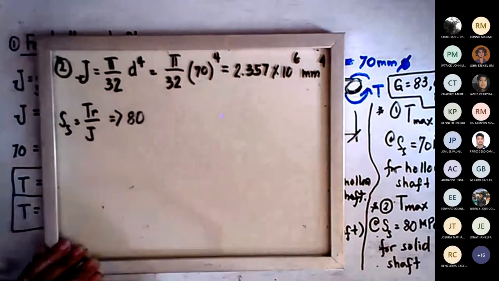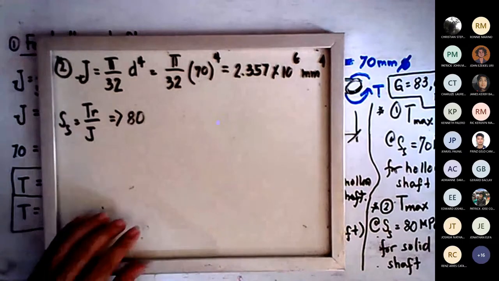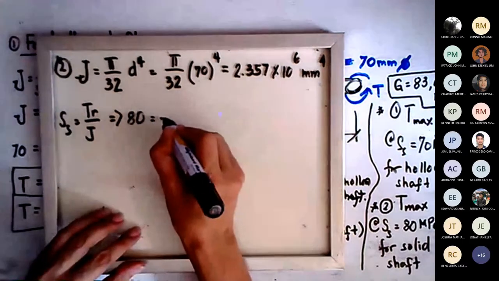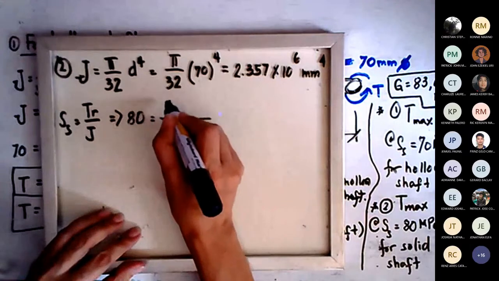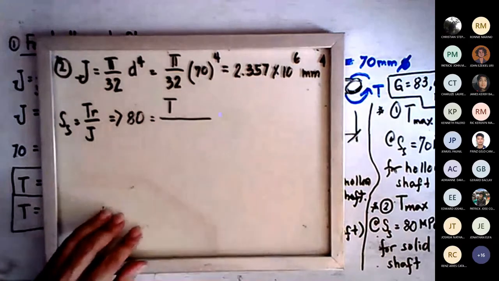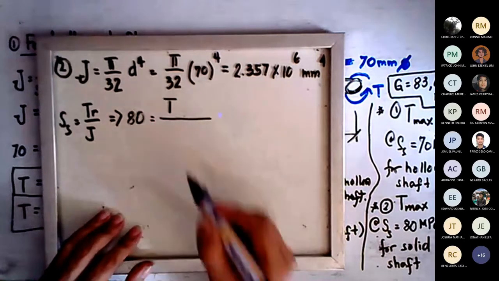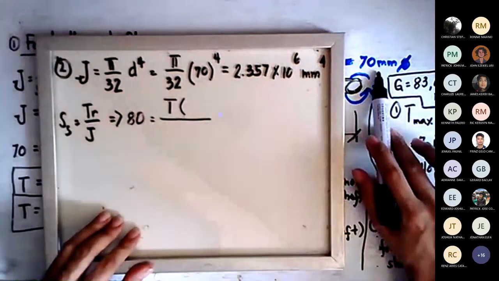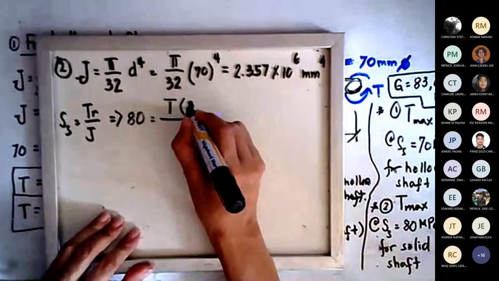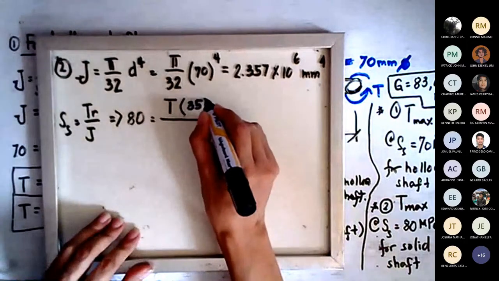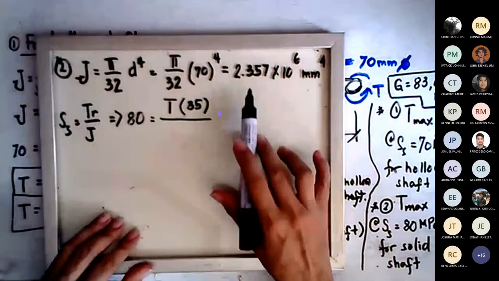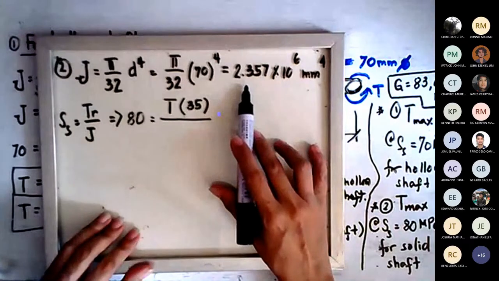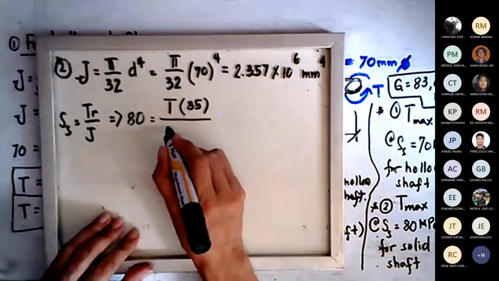So 80 Newton per millimeter squared is equals to, we don't know yet the value of the torque because that is the one in question. Radius, kalahati nung 70 mm, so 35 mm. Then, ang value ng J natin, polar moment of inertia,